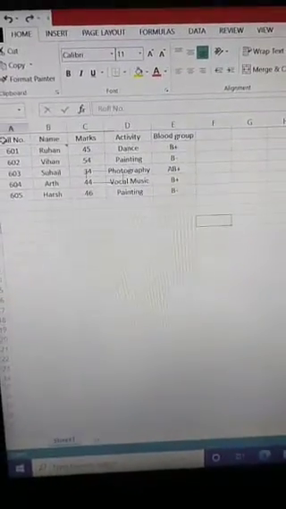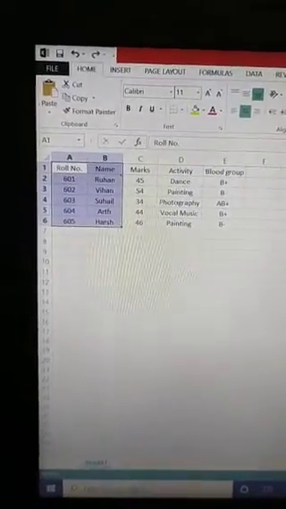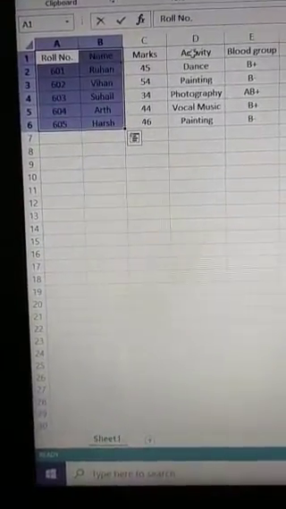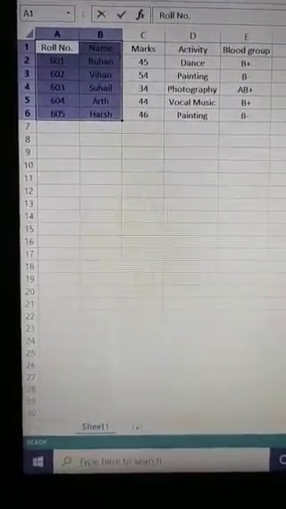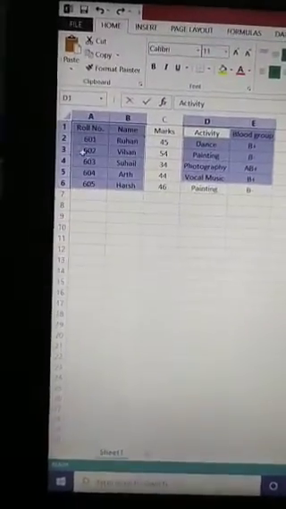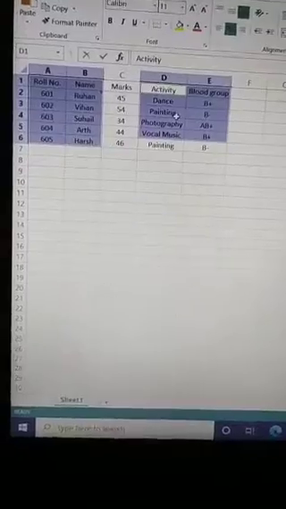Okay, now I can also select multiple ranges of cells. How can I select multiple ranges of cells? At first I have selected this range of cells using the mouse, and now I want to select multiple ranges of cells. Then I will press Control, this CTRL button, and again I will select another range of cells. Now you can see here that I have selected multiple ranges of cells. So in this manner we can select multiple ranges of cells.